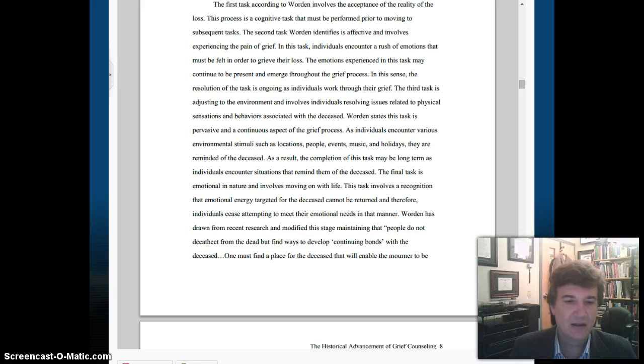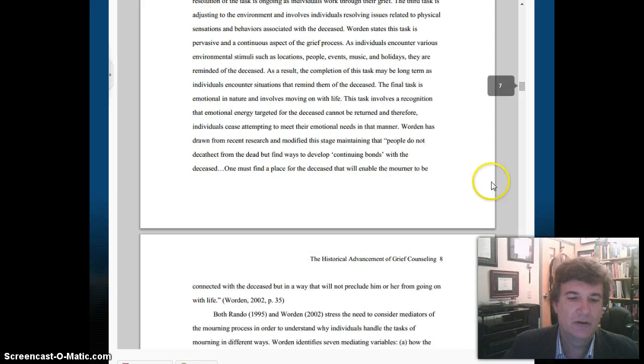People do not decathect. I don't know if that's correct. Decathect. Disconnect from the dead, but find ways to develop continuing bonds with the deceased. One must find a place for the deceased that will enable the mourner to be connected with the deceased, but in a way that will not preclude him or her from going on